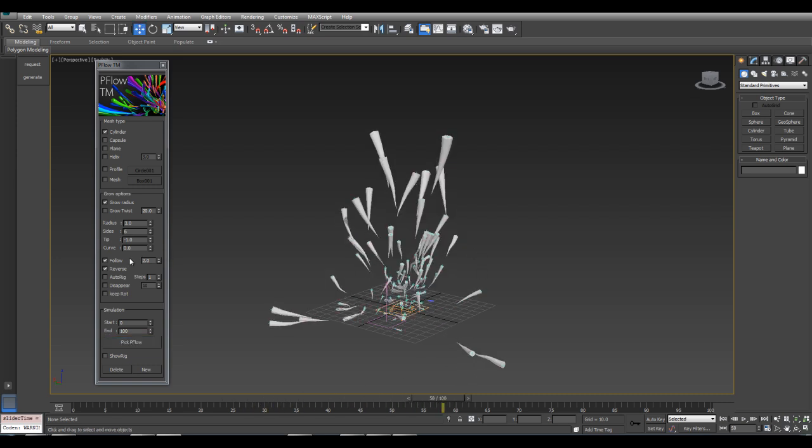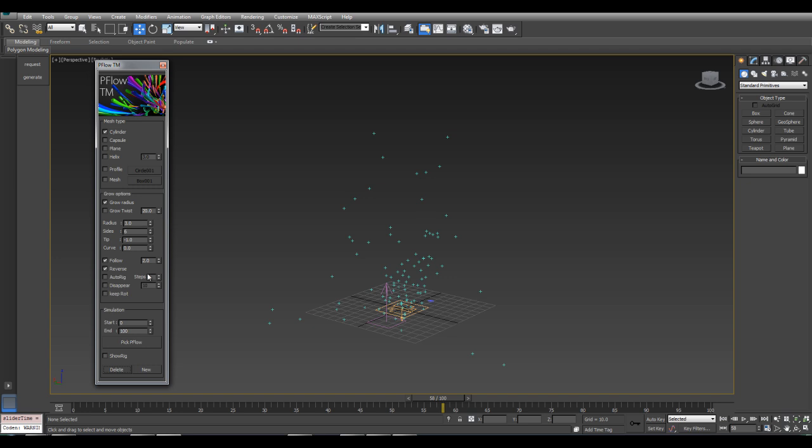So depending on the value you put here, we will see it growing, disappearing quicker. So we give 2, but if you give 1,